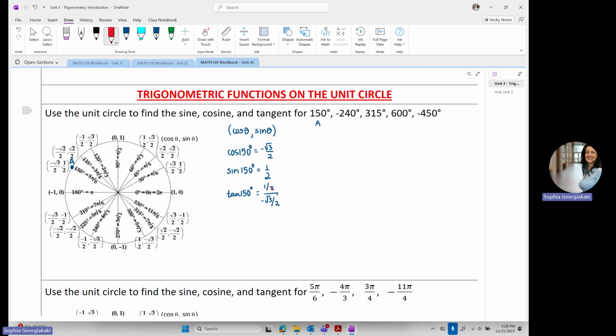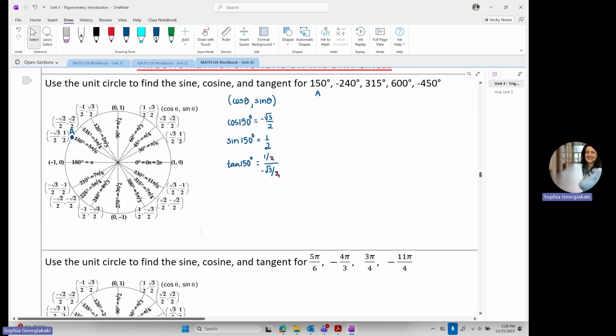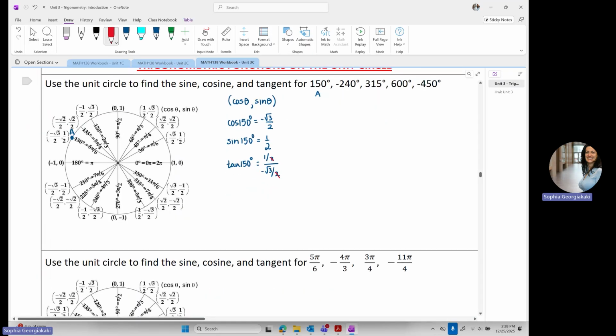The denominators of 2 are simplified. I end up with 1 over -√3. And if I rationalize denominators, -√3 divided by 3. And I will not do the 315 degrees because it is also on the circle, so I will let you work on that. Let's try one of the other